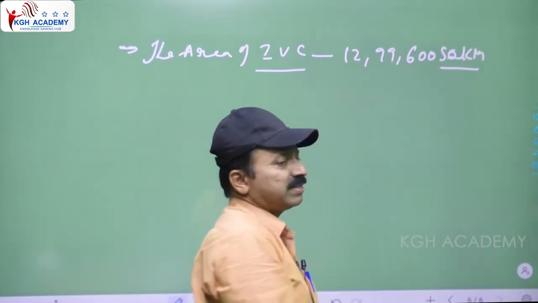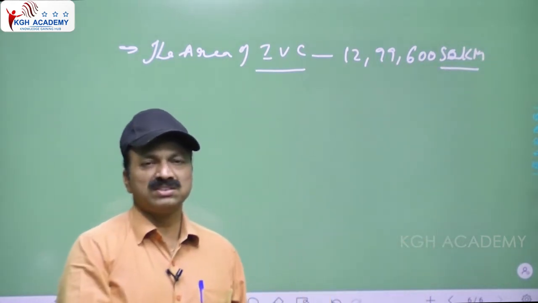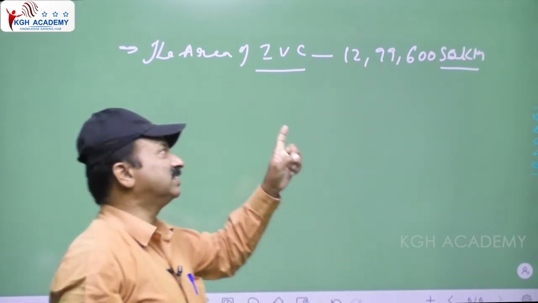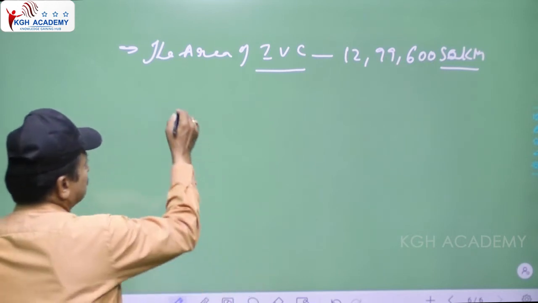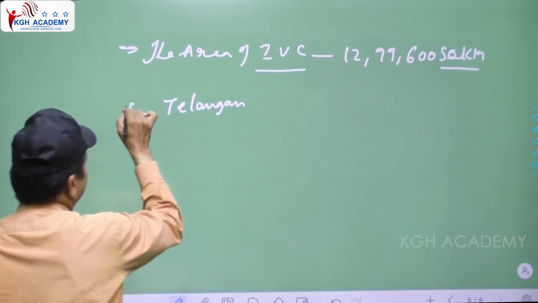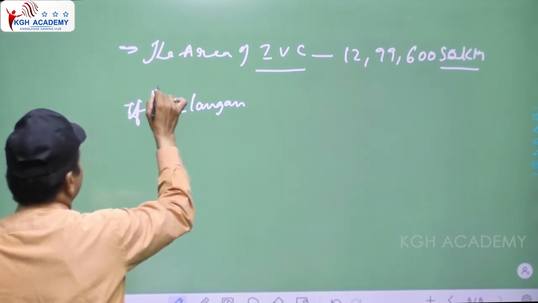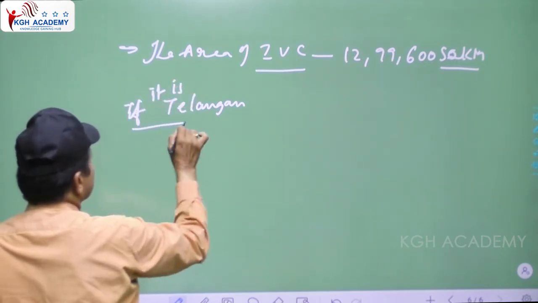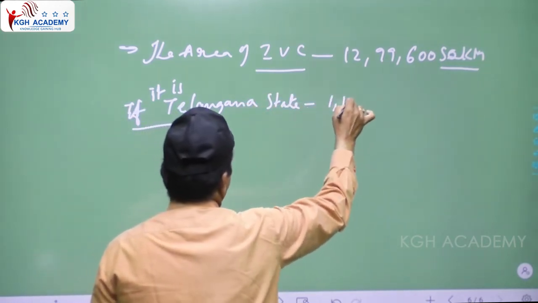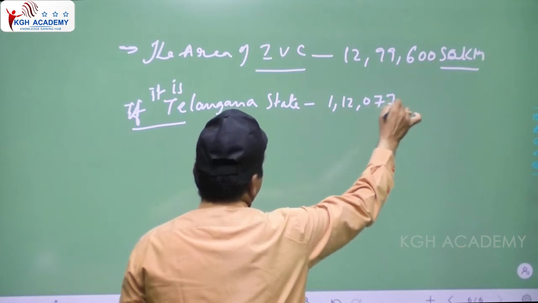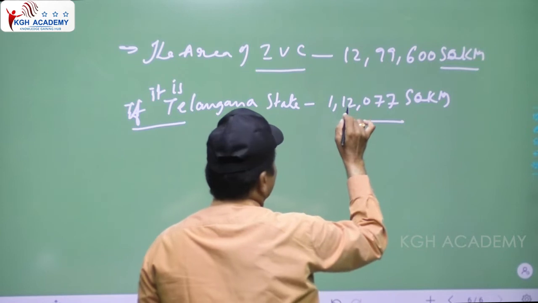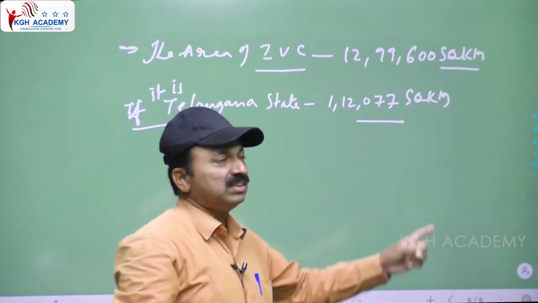If we take the Telangana state, the area is 1,12,077 square kilometers. This is the area of Telangana state, 1,12,077. In the same way,